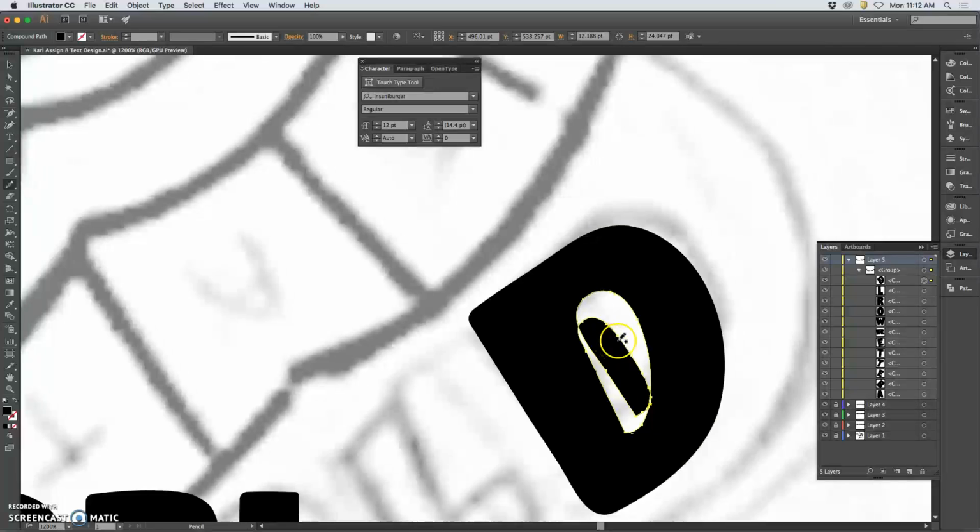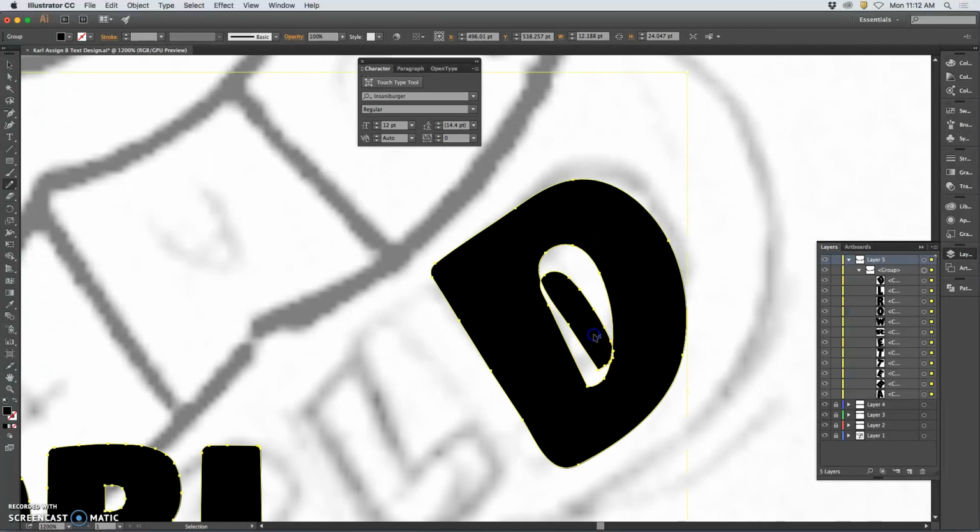What happened there? So when that happens, it kind of undercut. I have to separate it so that I can just delete that center out. Go to the small selection tool, just